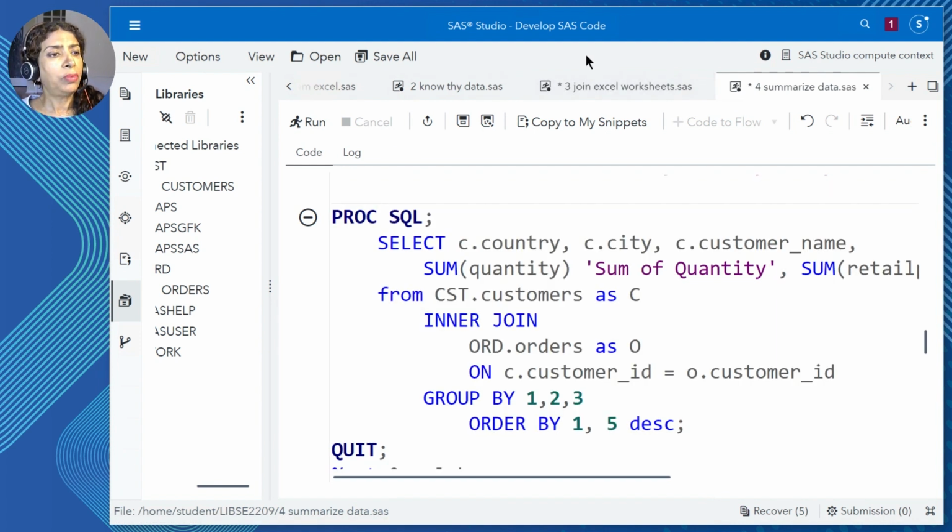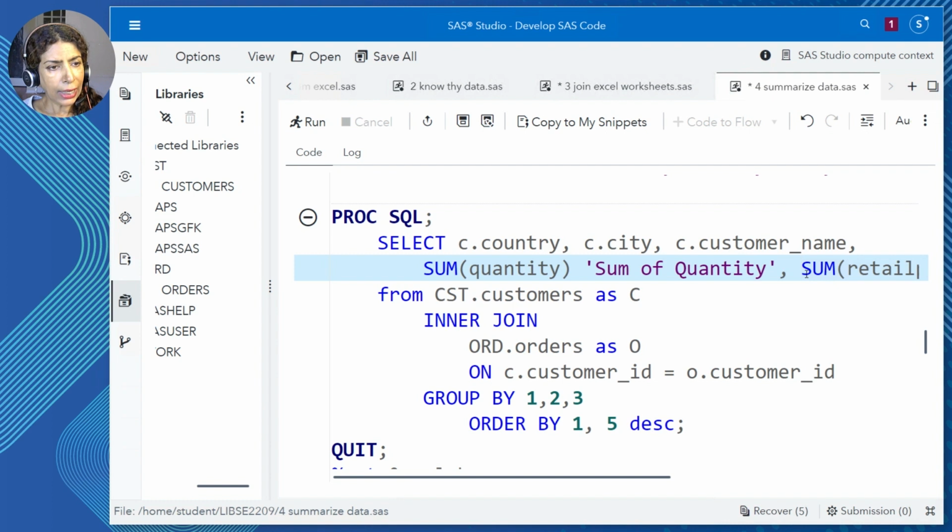So to recap, so far we've learned how to summarize data, we've learned to summarize by multiple columns, we've learned to group the data and order it as well. And we've thrown in an inner join so that we can join tables and do all of this work all together. Now we're starting to get a little curious about what else we can do.